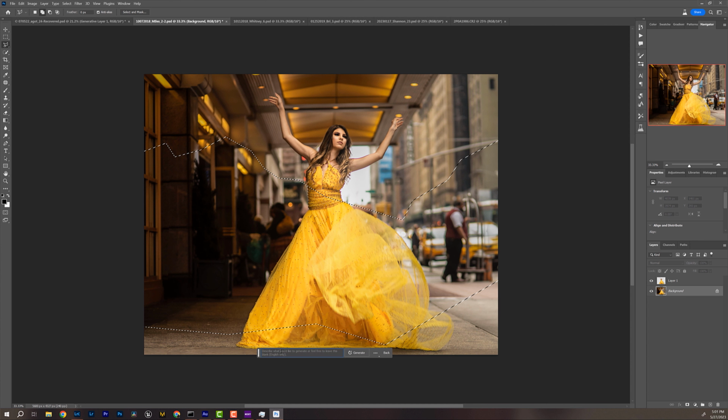And let's just say I want sheer yellow fabric flowing in the wind. Right? Sheer yellow fabric flowing in the wind. Let's see what we get. And I wonder if the word sheer actually has any effect on how Photoshop will generate this, because now we need to be able to see through it.